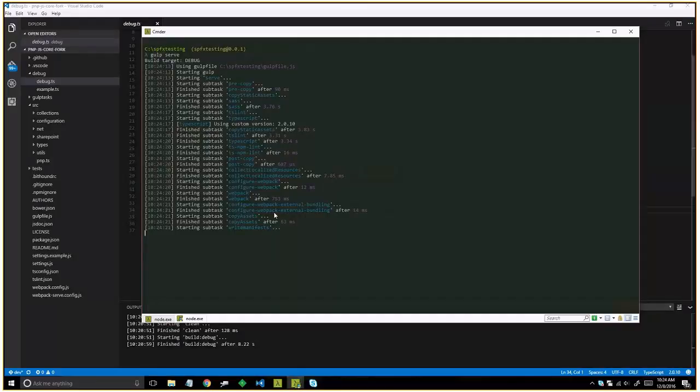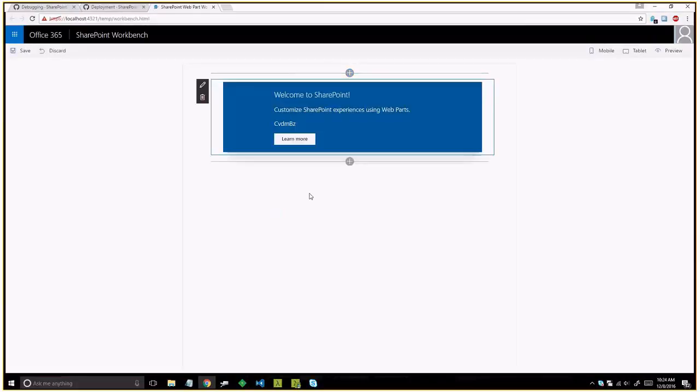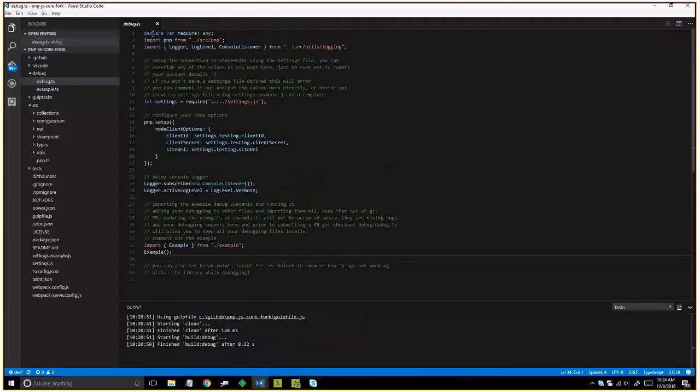Great. So as this is spinning up, you've all seen this before. Here's my workbench, and I'm going to add a Hello World web part. So there's my random string. It's super impressive, but what I wanted to show you is if I actually come all the way back, and